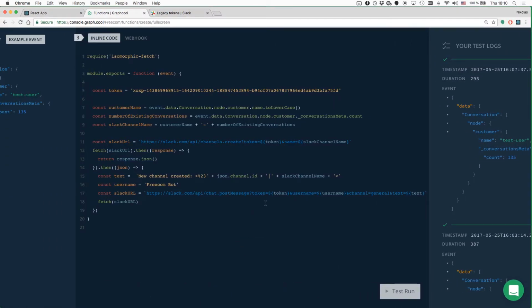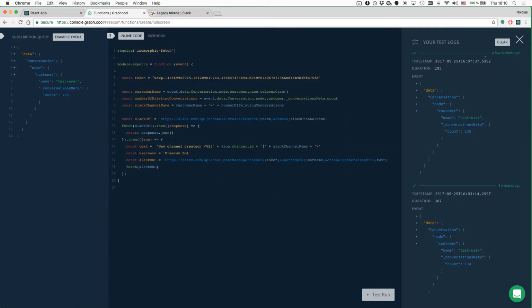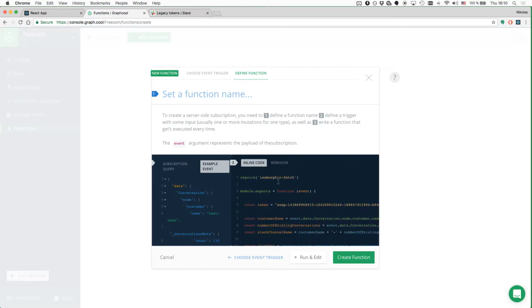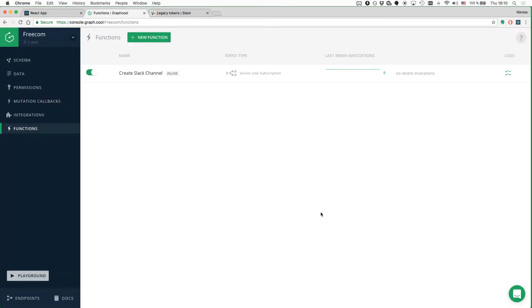So for that, we first have to go and save the function from our editor. First, we have to give a name to the function. Now we can save it. And now we can see whether it actually works in our React application as well when we're creating a new